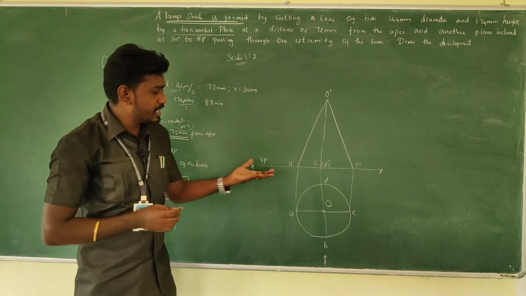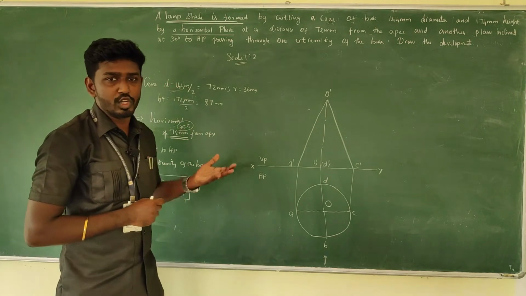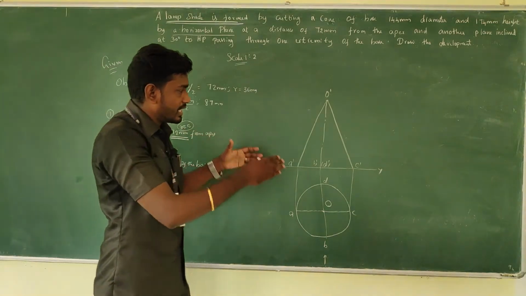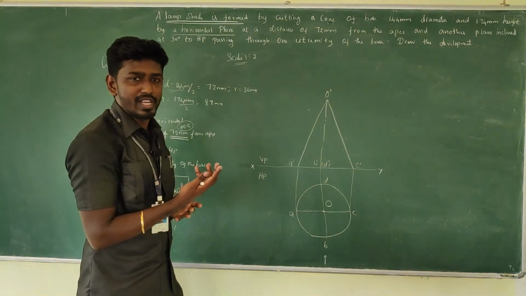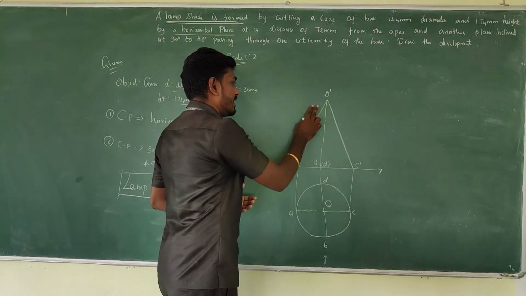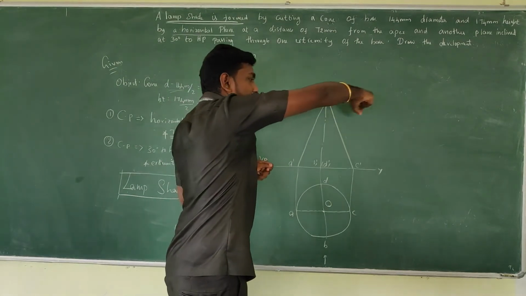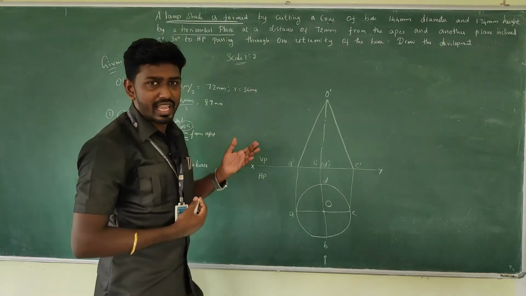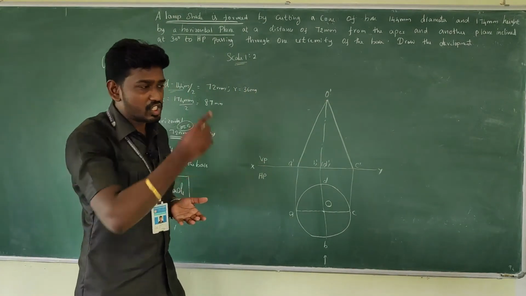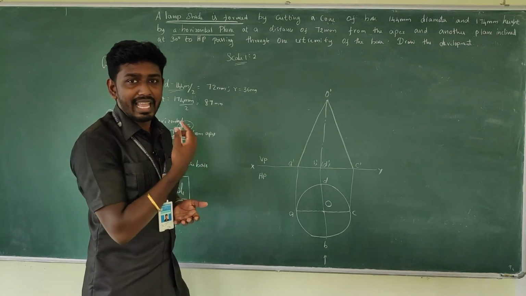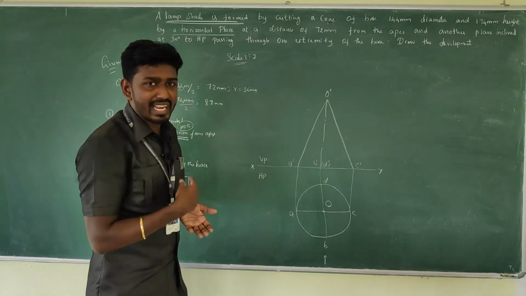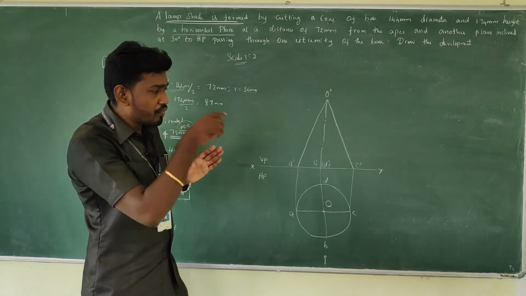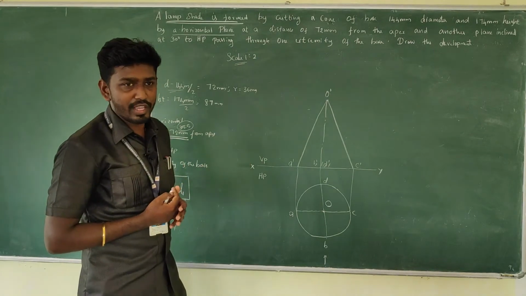If you want to develop this particular cone, what should be done? We need to consider the cone as a hollow object, and from the left extreme we need to cut it off and just stretch it out from the rear side, so that we can say it forms a triangular face. But in the cone it forms the triangular face with the inclination theta. So we need to find the theta value here.